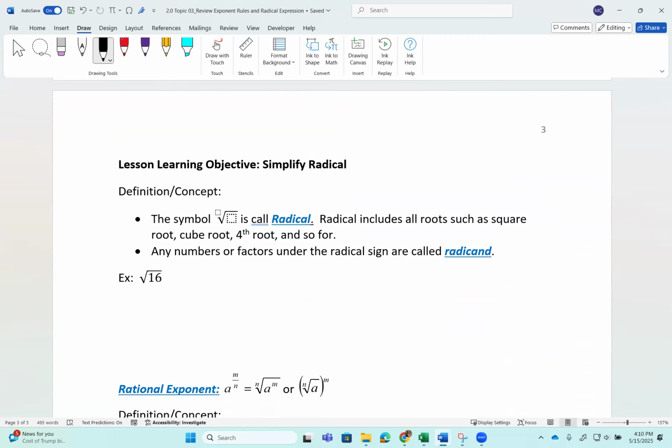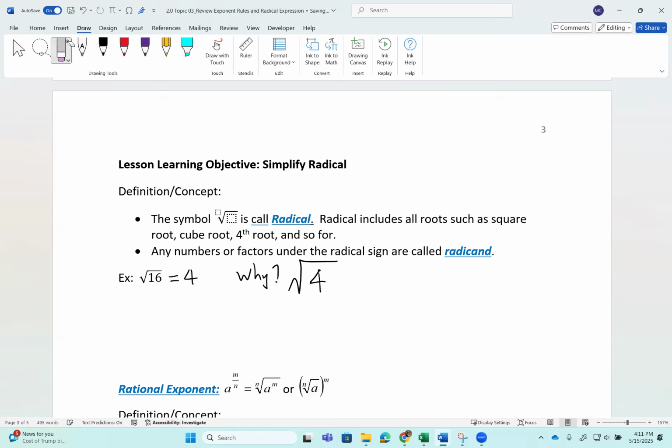Okay. So as you can recall, square root of 16 is equal to 4. Why is it 4? Well, a lot of students say, well, because 4 times 4 equal to 16. That is true, but that doesn't explain why square root of 16 equal to 4. So I'm going to write 16 a different way. I'm not going to write the 16 inside the square root as a 4 times 4 because I'm going to write it differently. 4 times 4, though, is actually the same thing as 4 squared,